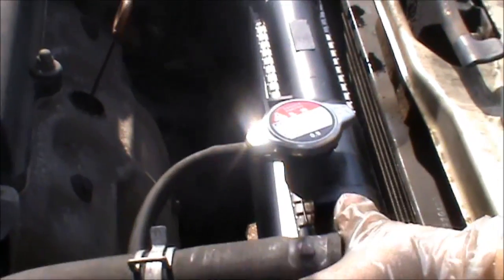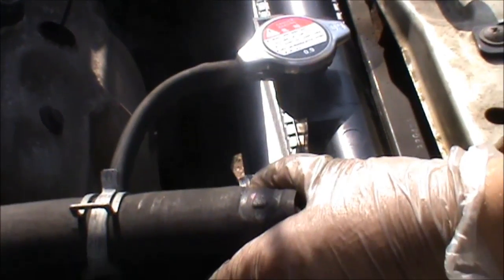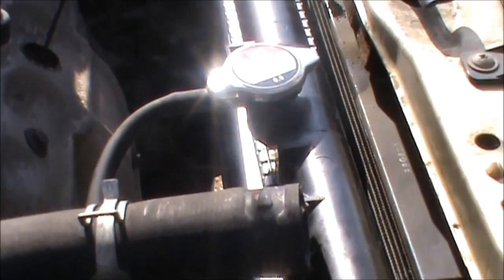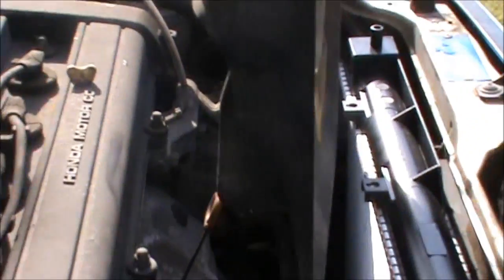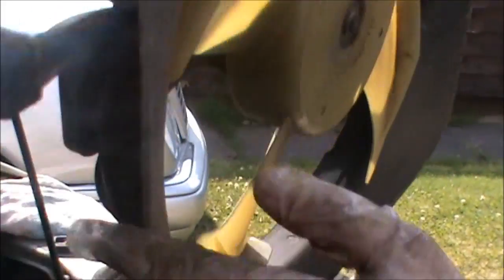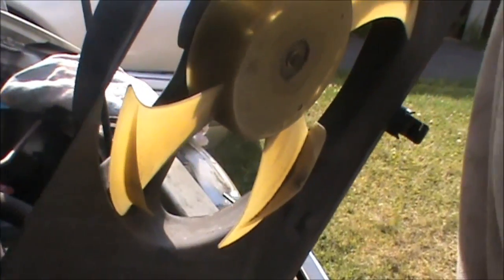Okay guys, as you can see I put this back on, but I took it off again because you need to put the fans in first, and with this off you just have a little bit more space to do so. Now this one goes on the right hand side, and this fits on that mounting, that little mounting down there. So it basically just fits in there like so,